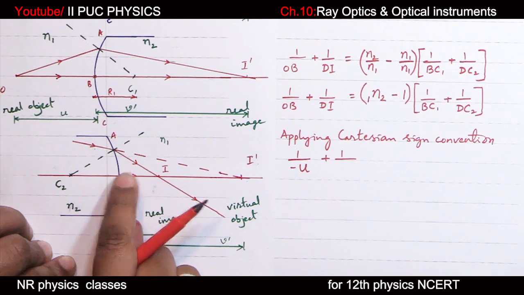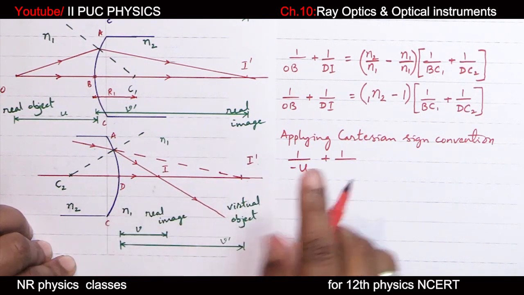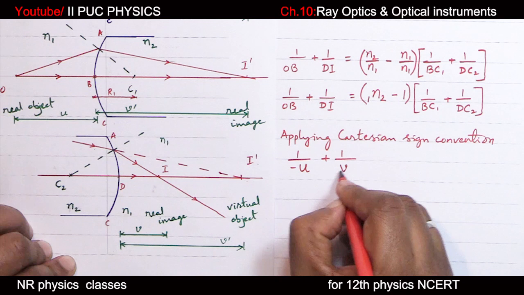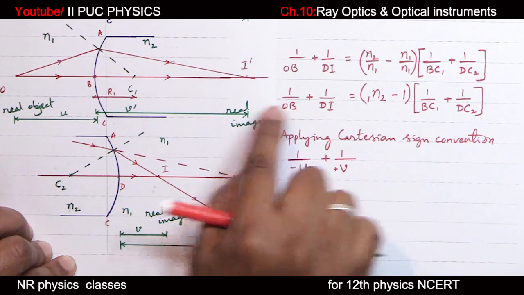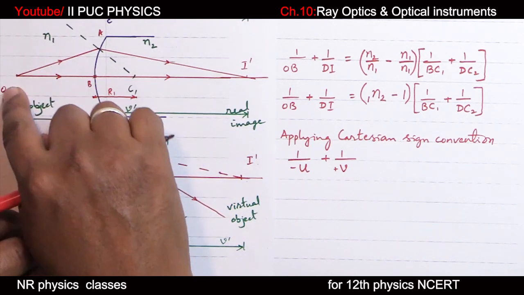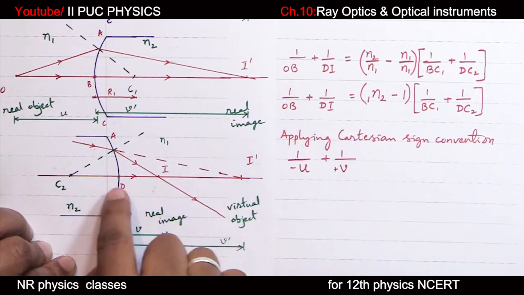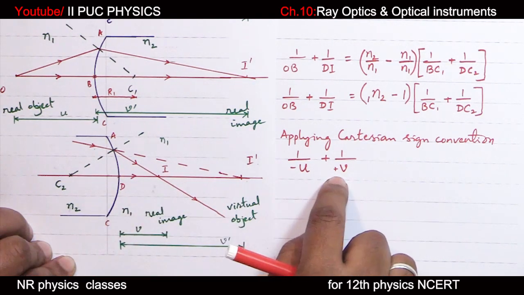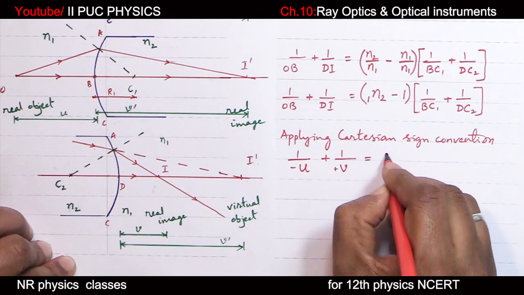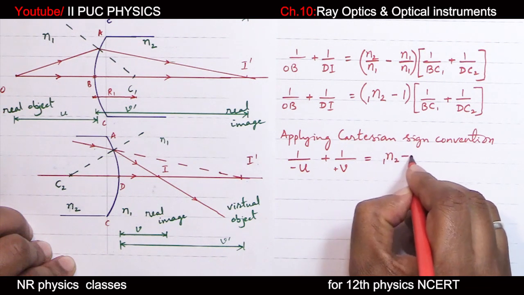I is to the right of D, positive x-axis. Therefore plus V. Students, I hope you understood this. OB from B to O, DI from D to I. Distances are measured from the pole. Therefore positive. Equal to N21 minus 1